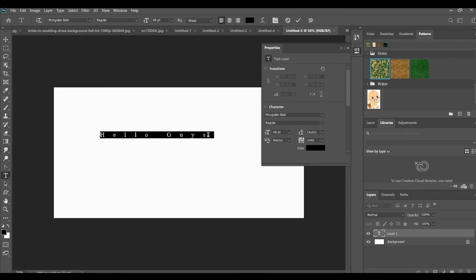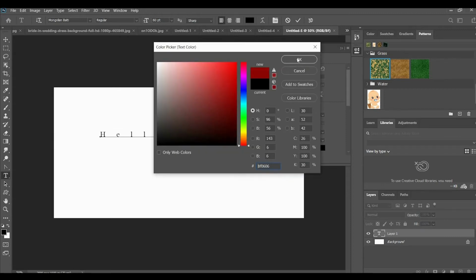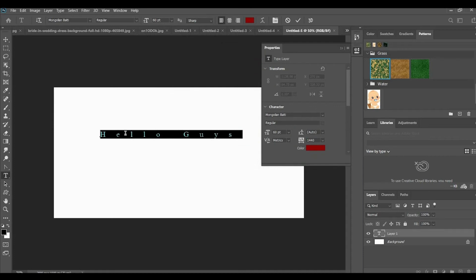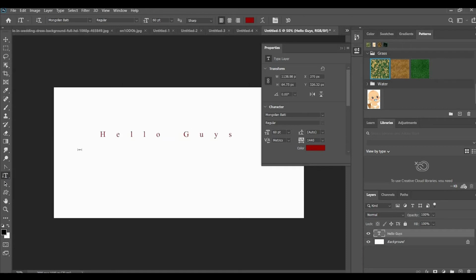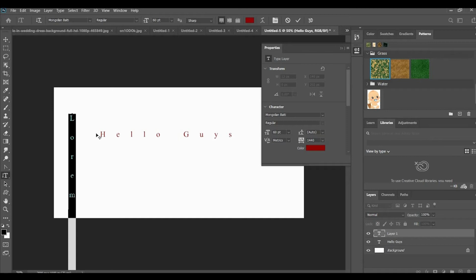The gap between every character we can give like this, and we can increase the points, in the sense, we can increase the size of the font. Alright, then we can choose the color here. Then we can choose vertical type. Vertical type means we just click here. Hello.